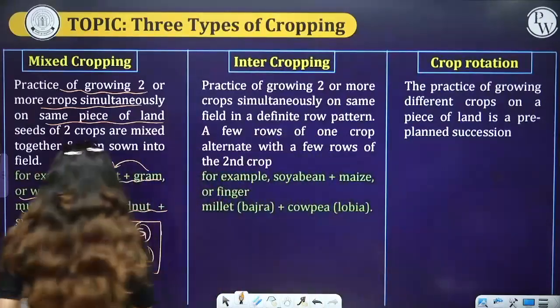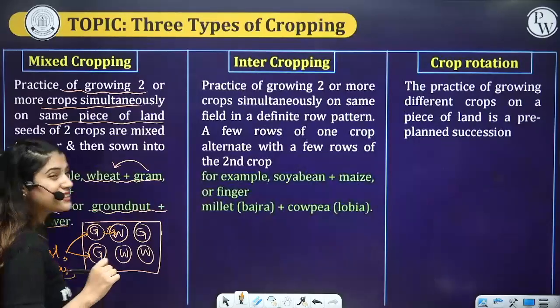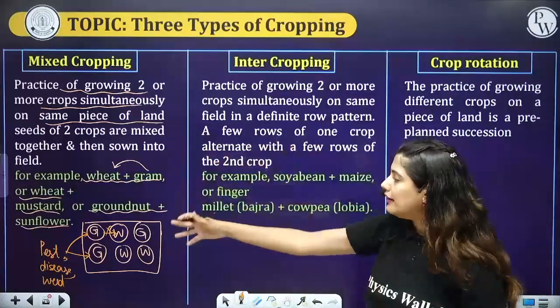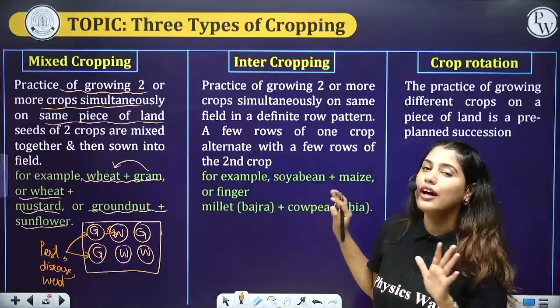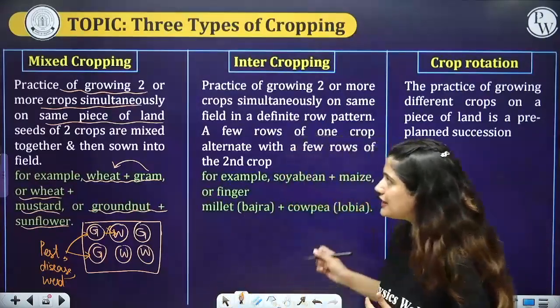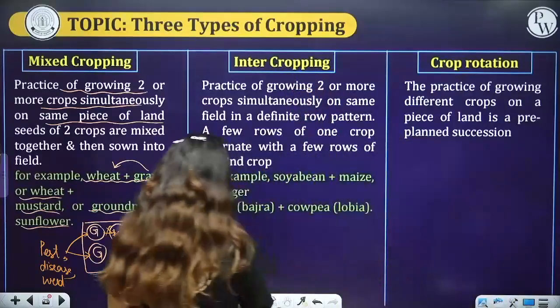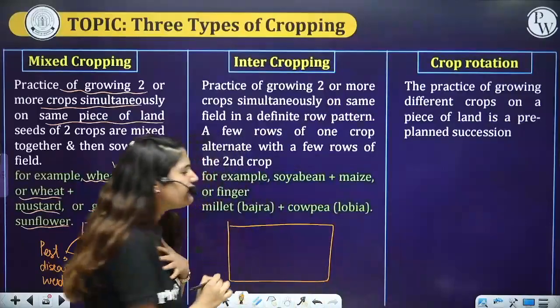Also, we can say different types of pests, diseases, and weeds associate with specific crops only, right? So they're not going to find the nearby crop which they can affect. So they're going to stop spreading throughout the field. That is what happens in intercropping. In intercropping, we are taking a field, and in this field we are growing two or